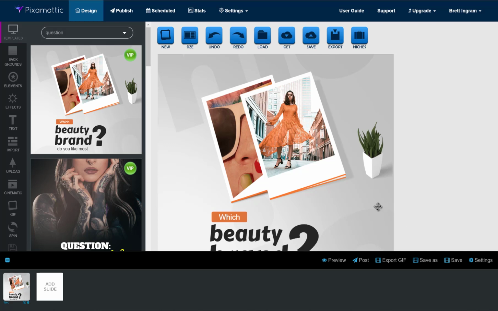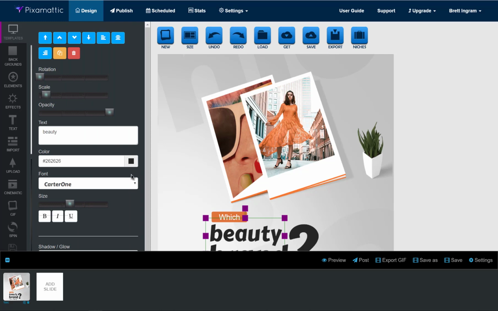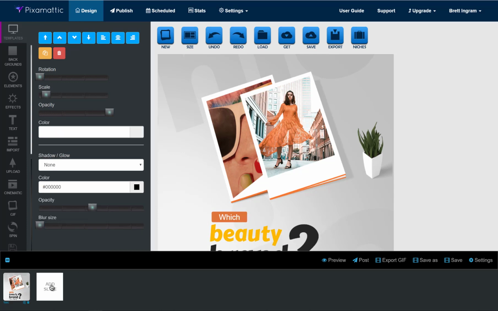Now, there's a number of cool things that I can do with this. If I want to make something appear like it's flashing in terms of the color, I can go in here and change the font color, let's say to orange, right? And then I can add this as another slide. So now it'll look like an animated GIF flashing button, because the button will be black and then orange, black and then orange. And so it gives the appearance of movement or flashing, but you're not limited to using the same design for